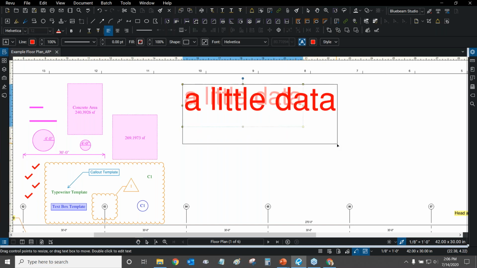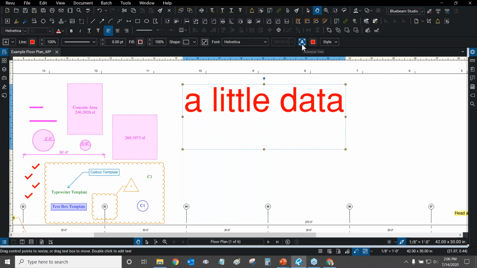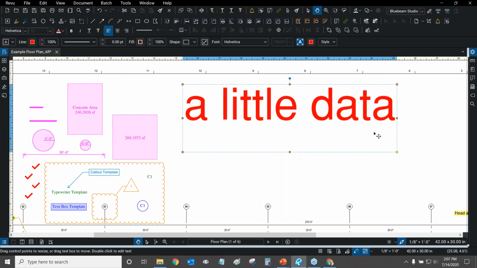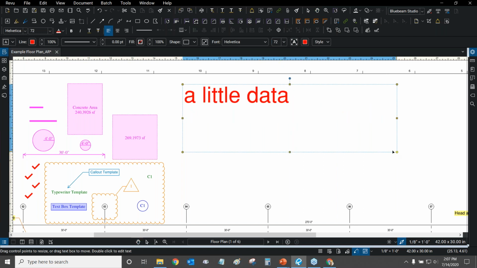And as I make the box bigger, you can see that this is actually a toggle. So I toggled the setting on, and as I make my box bigger, my text resizes itself. Once I turn this off, I can keep the same font that I want to, and then I can change it manually if I want. So I can change it to 72, for example, which is a little bit more reasonable. And then I can auto size the text box, and there we go. So there's many different ways that we can allow our text to fit itself in the text box.